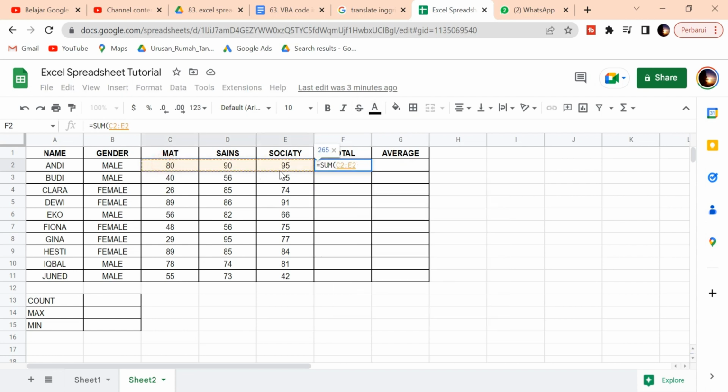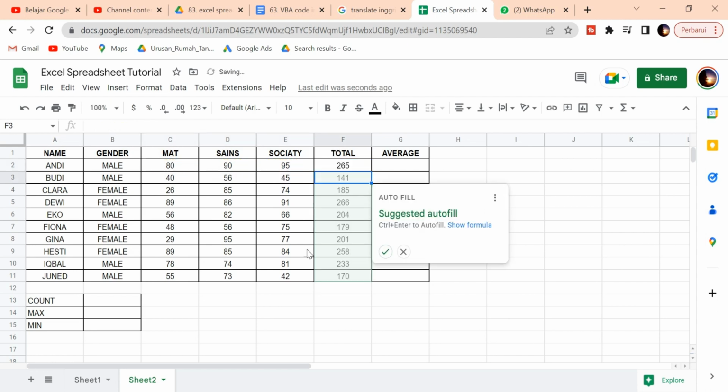Sum, and open the bracket and plug the data and close the bracket. This was suggested autofill. You do not need to copy or drag down the data because Google Spreadsheet suggests autofill to fill the next rows. Just click here,